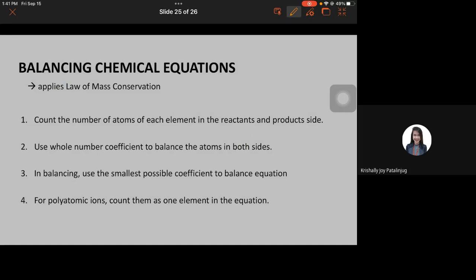Any question about double displacement, neutralization? Kindly show a thumbs up if you have no clarification. Okay,